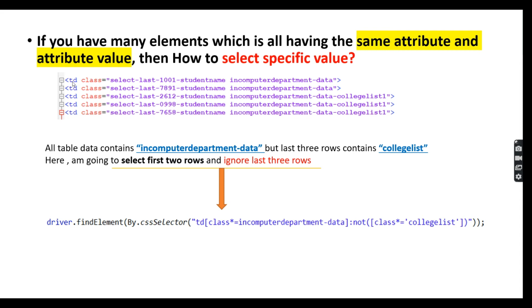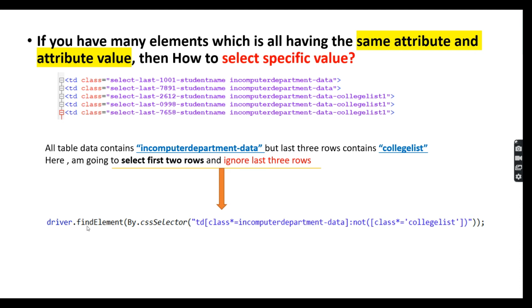I'm using the TD tag name with the class attribute and an attribute value. Here I defined five class attributes having the same attribute value. I'm going to select the first two rows and ignore the last three. How can I select the first two rows using a CSS selector?